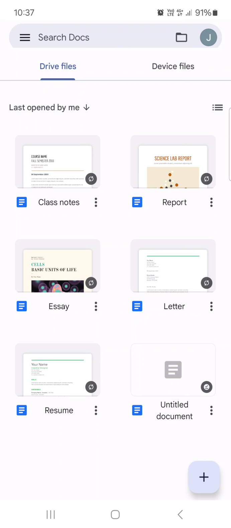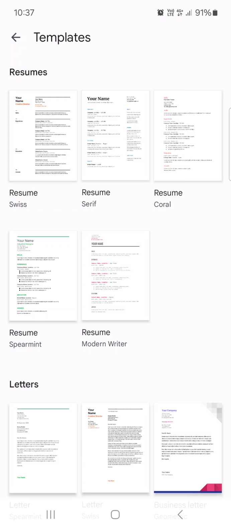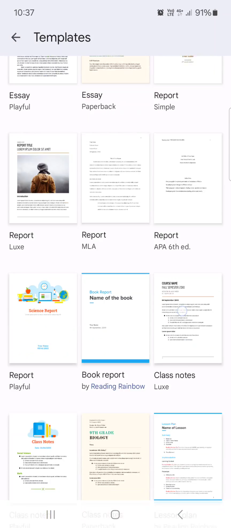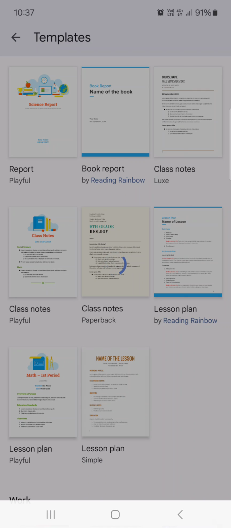From here we just tap on the plus icon in the bottom right corner, then tap on choose template. And here if we scroll down under education, we find the lesson plan. We just tap on this,